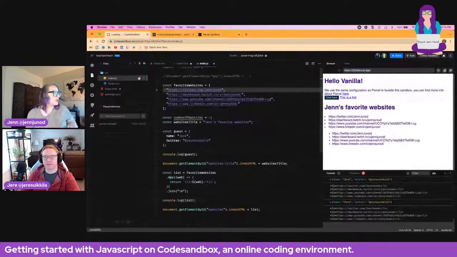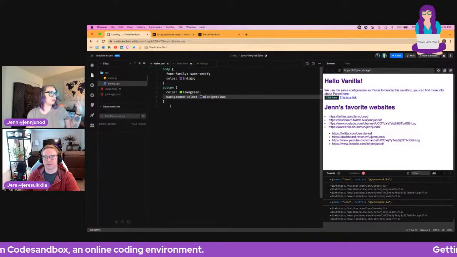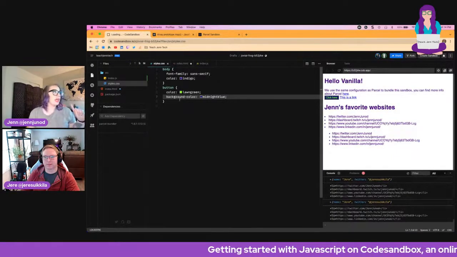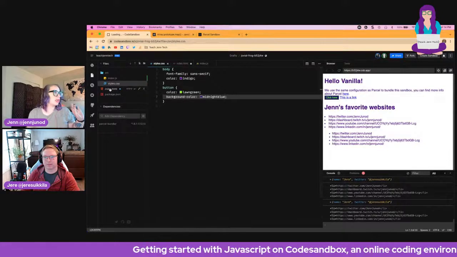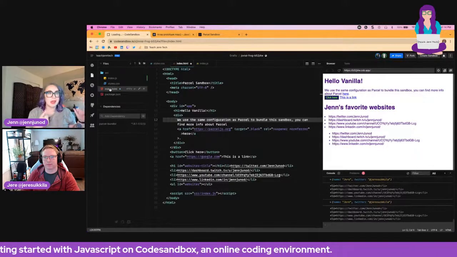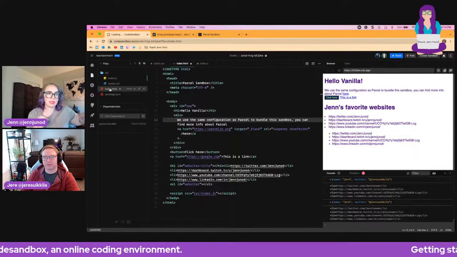Definitely. And then, okay, so we went through and on style.css, we did create a button and we were able to see that we could change its colors. And then on index.html, that is where our HTML lives, unless the JavaScript file is calling the HTML.